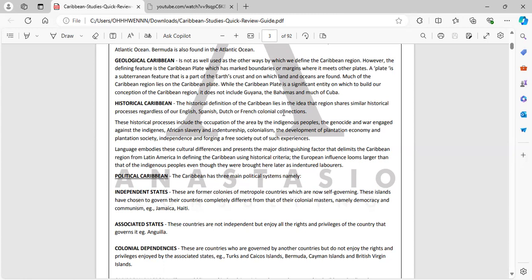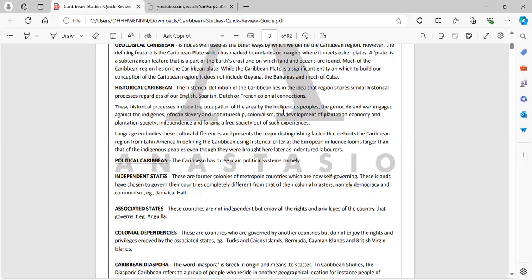I don't see any country included in the definition that shouldn't be, that is only considered Caribbean because it's on the Caribbean plate. I don't know of any country like that. But what I can tell you is they asked this last year, along with geography, and you had to include the key features of why the country was or was not Caribbean. When we get to next year and you see the past papers, you're going to understand what they're asking of you. So we're moving on. Did everybody understand?